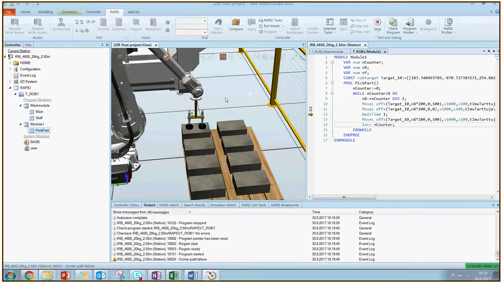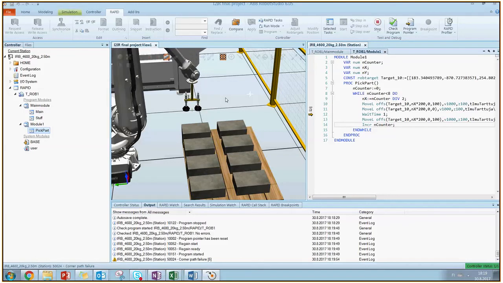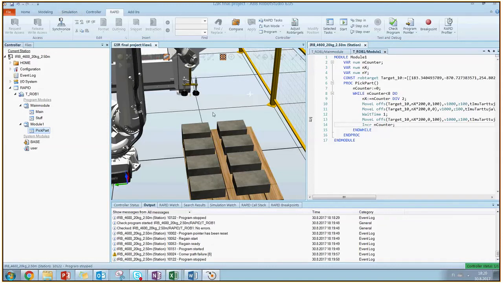So 1 time here, again here, then it moves and does 2 times over there, and we don't have to be too worried that it's going to the wrong direction, because that will be fixed when you set up the object frame or the work object in the corner of the palette. Okay, so now it's doing okay,